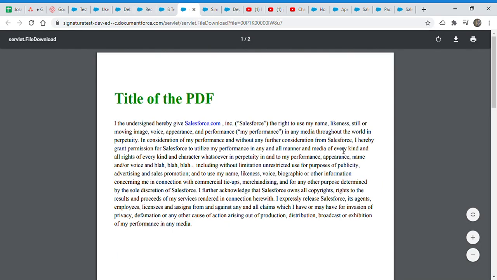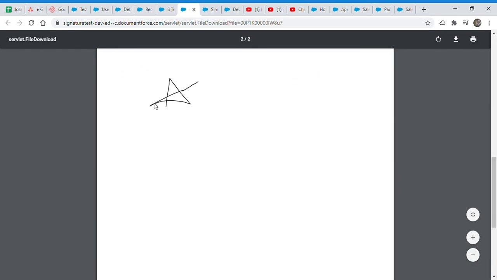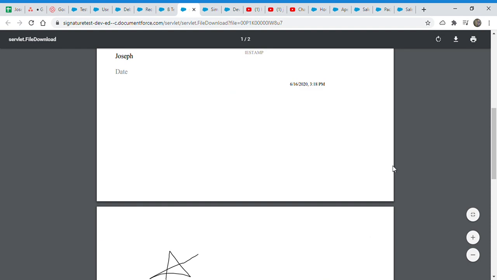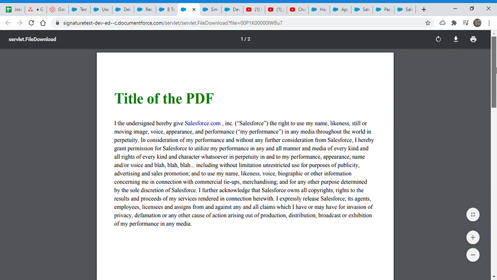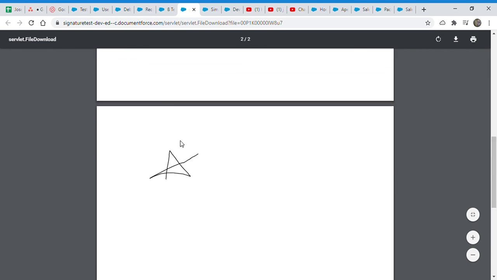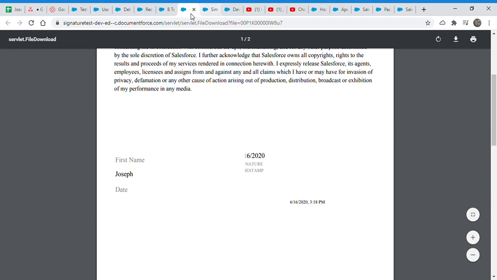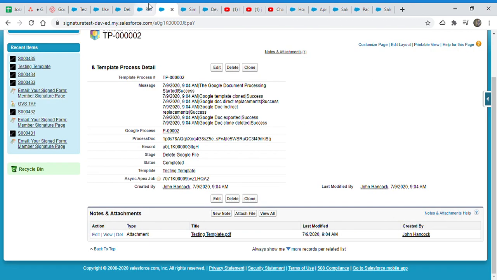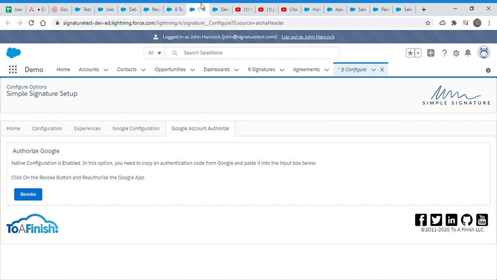So it's got there, and then the PDF that's generated from the template. So the title of the template, and I think we have to manage the bit and all from the Google template, but you see the signature is here and all. Okay, so this is working now, and this is version 10.